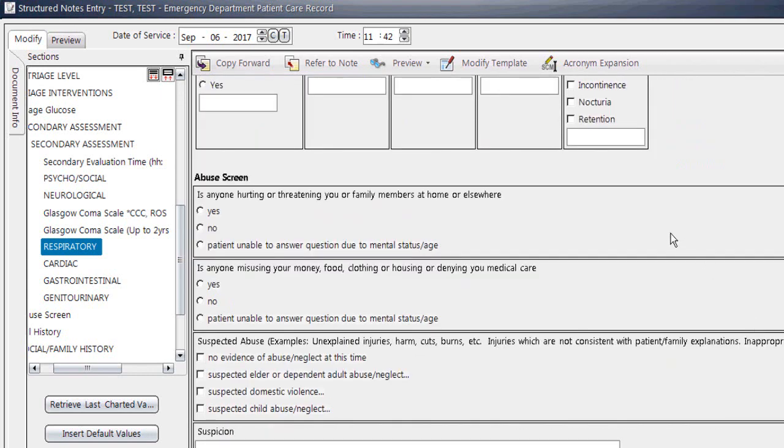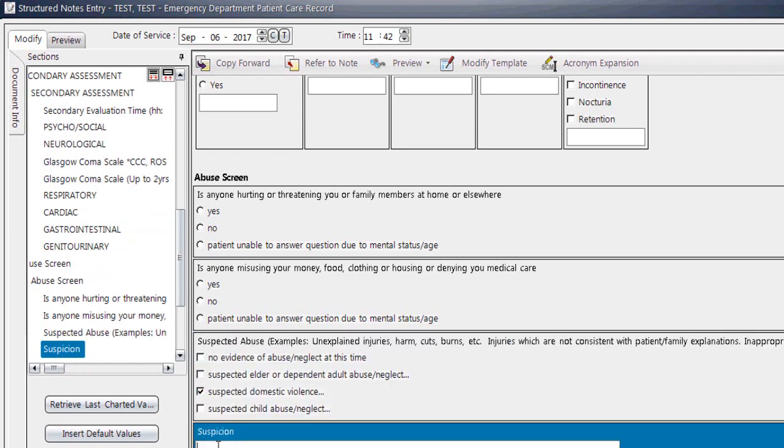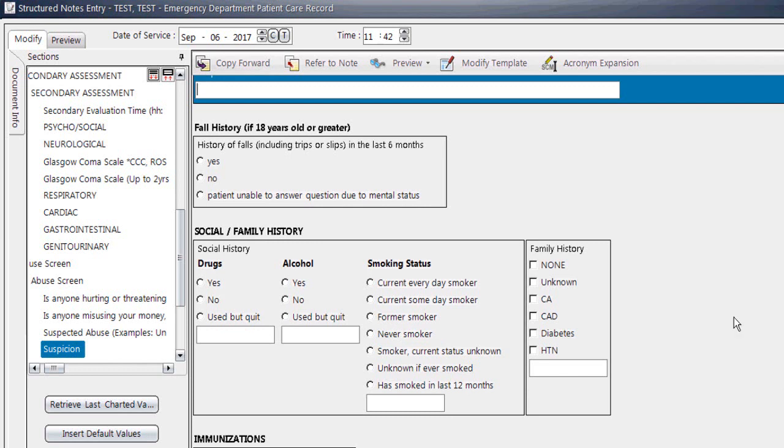You will have an abuse screen here. Please use this screen to appropriately assess your patient. If there is any suspected abuse of any kind, please go ahead and make a selection, and then there is a comment field for you to describe what the suspicion is. If this is also the case, you must put in for social work consult so they can follow up with